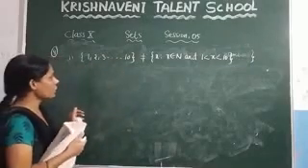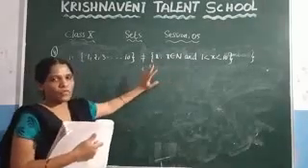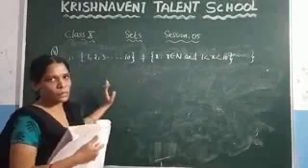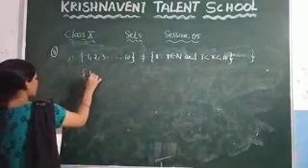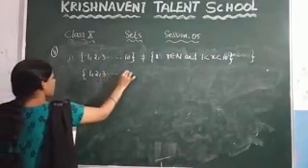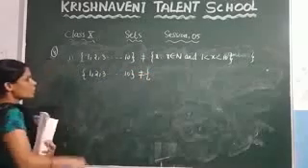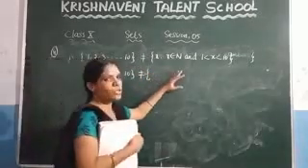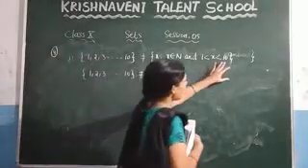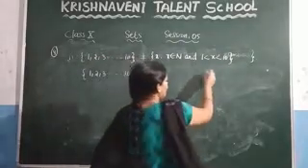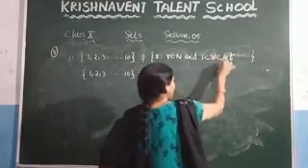Before writing the reason, you need to write this set in the roster form. After writing this set in the roster form, you can come to know why these two sets are not equal. So here, what is the set? It is given 1, 2, 3 and so on up to 10. And you need to write this set in the roster form. So what it states here, x belongs to N. N is nothing but the natural numbers and 1 less than x less than 10. What is the meaning of 1 less than x less than 10? That means the x value lies between 1 and 10.